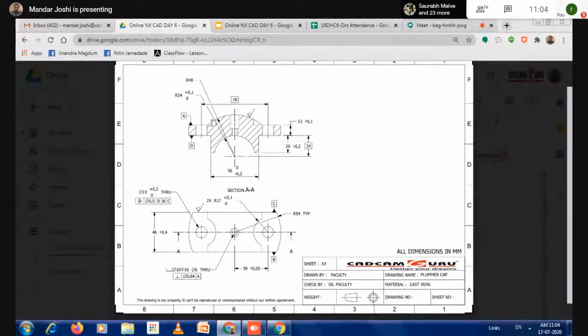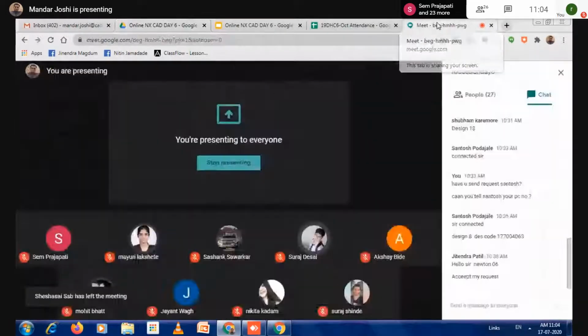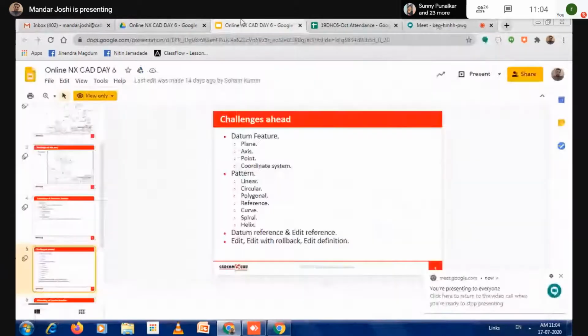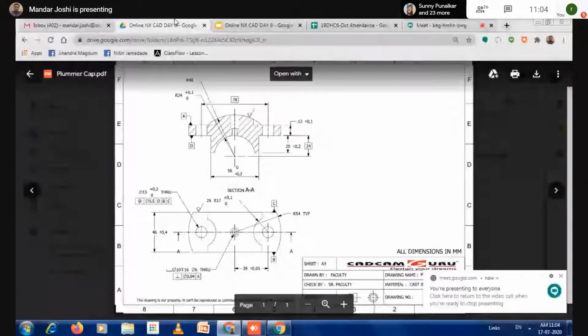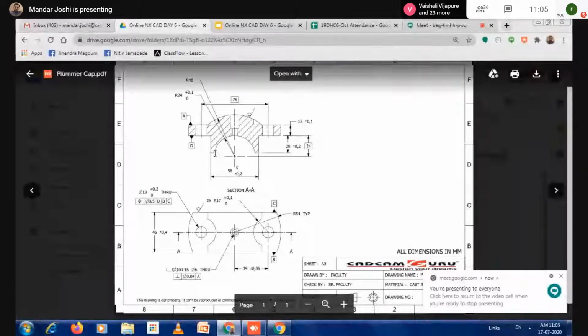Am I audible to all of you? 48. That arc radius is 48. And which plane is this? This plane is the front plane. Correct. And here you find a small arc again, a semicircle.